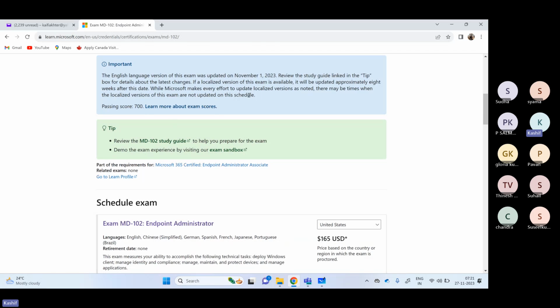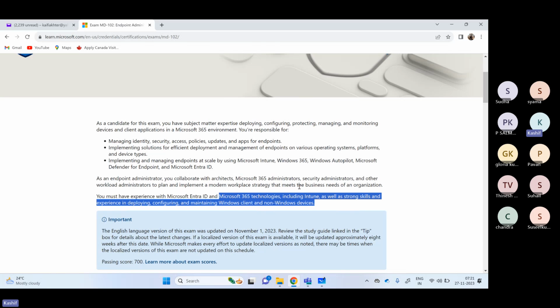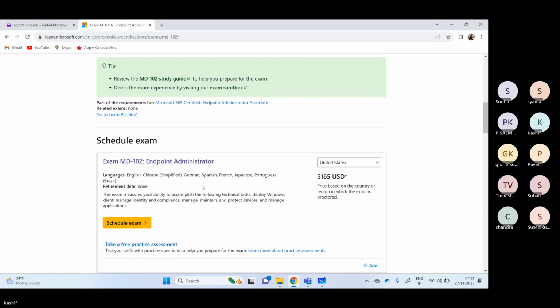Details, you can go through the details. It's going to ask you Microsoft 365, okay, Security Administrator and Workload Administrator, okay. Microsoft 365 technologies, including Intune, as well as strong skill and experience in deploying, configuring, and maintaining Windows client and non-Windows devices. Okay, so this exam is going to cost you 165 US dollars if you are in US or